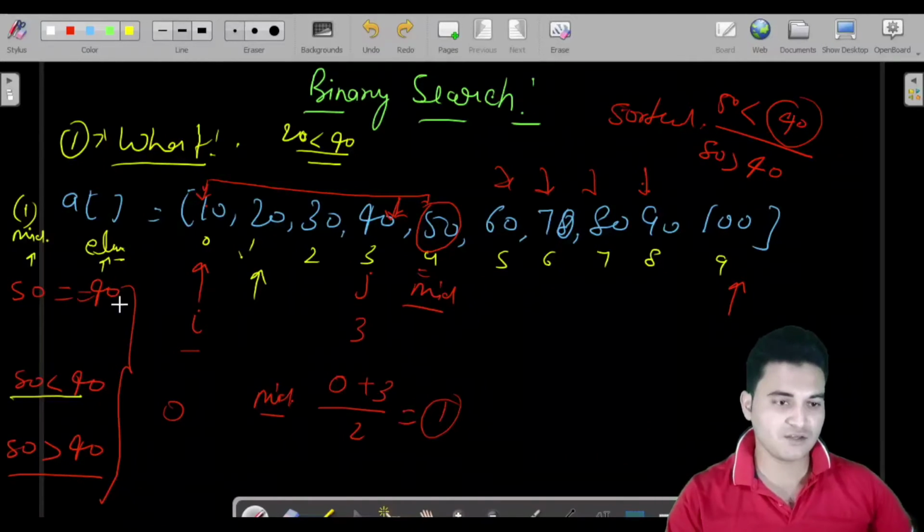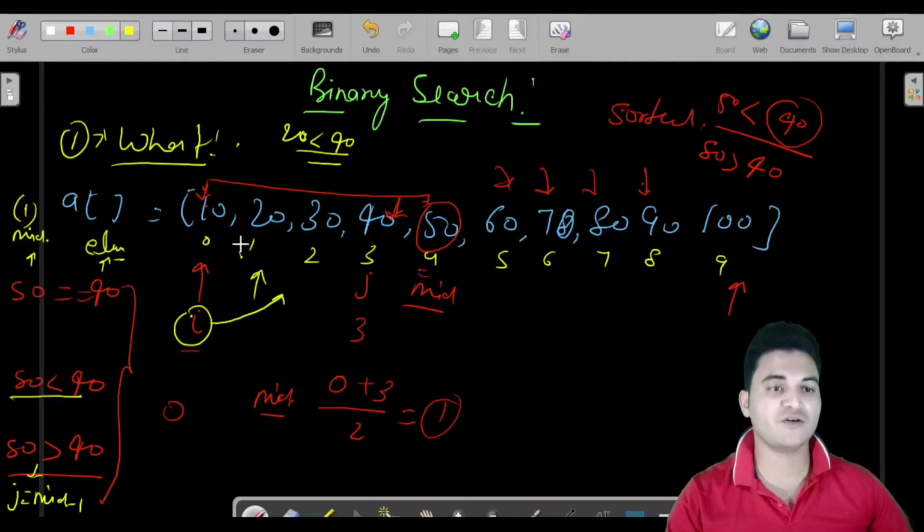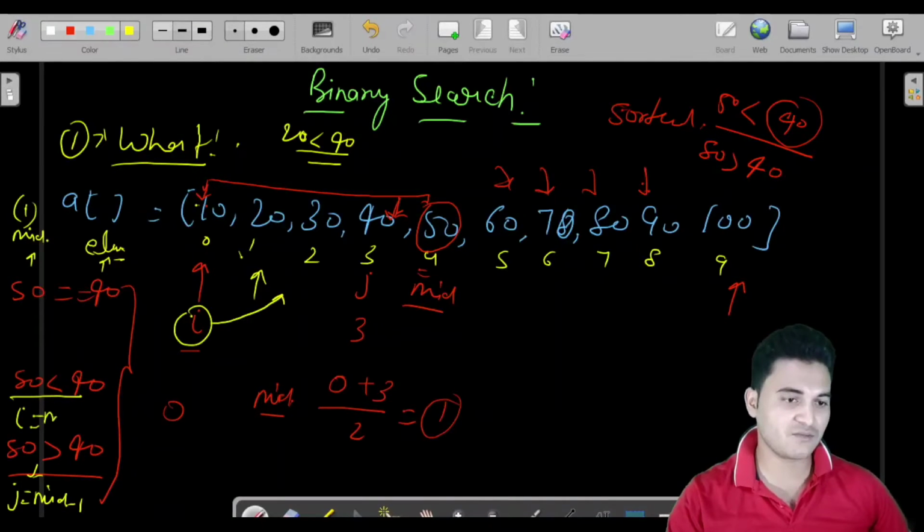Fine. So in this case, what you used to do, you put up your j is equal to mid minus 1. But in this case, you would pick up your I and move it to here. Why? Because all the elements from here to the left are lesser than the mid. So you would pick up your I and put it to here. Fine. So the change into I is, you would assign I is equal to mid plus 1, because mid is 1. You would put your I to 2. So mid plus 1, this is the condition for this case.